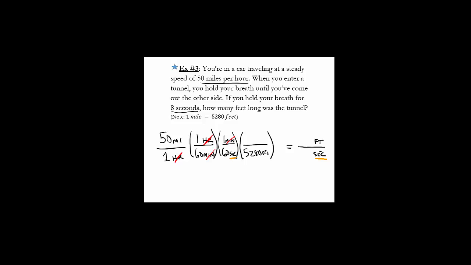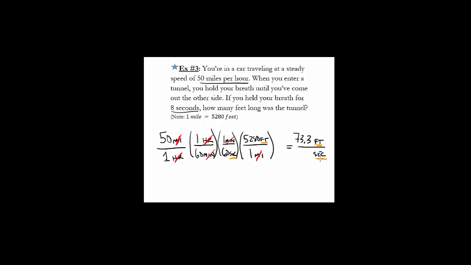So let's rewrite it, right? Instead of putting 5,280 feet on the bottom, let's put 5,280 feet on the top and 1 mile on the bottom. And now I can cancel. That's good, because now I have the same thing on the top and the bottom. And what am I left with? Well, I'm left with feet per second, and I want to have feet per second. That's super. And we do the math, and we get about